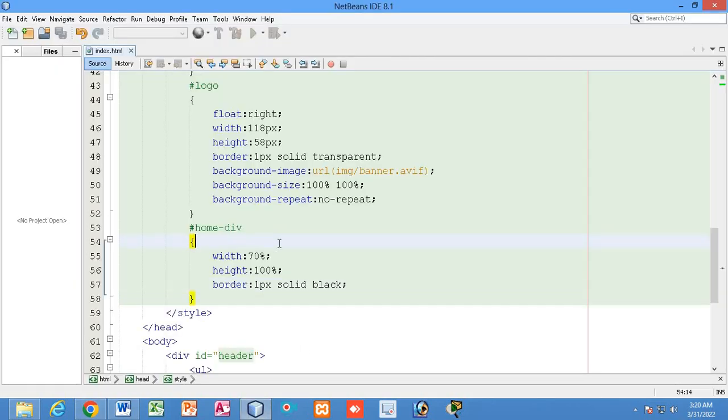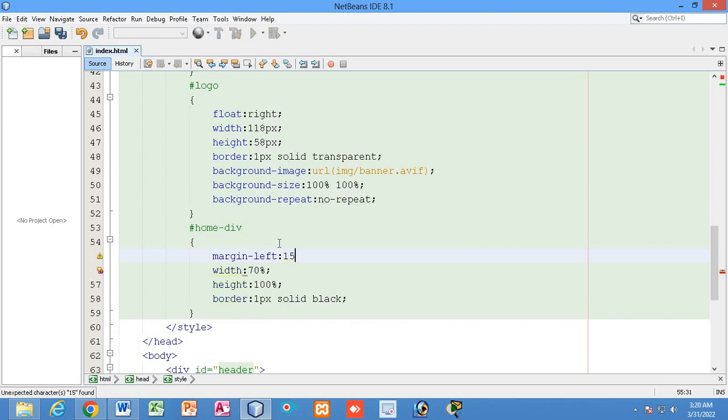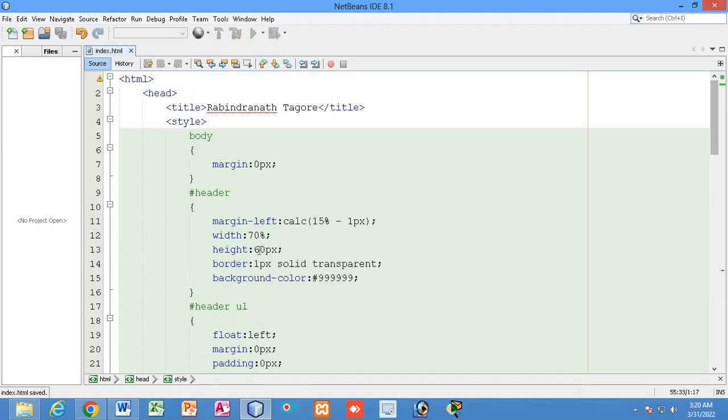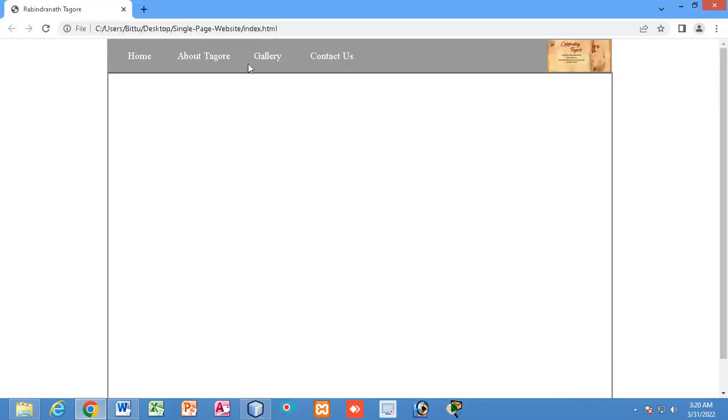So here I'll write margin left 115%, right? Same margin I have given for the header. You can see same margin I have given for both the header and also for the mid div. That is how it is started.